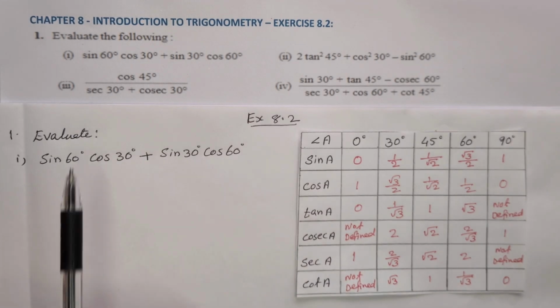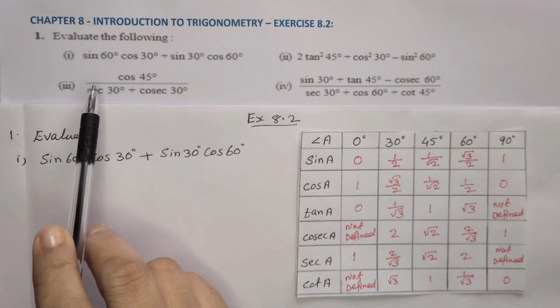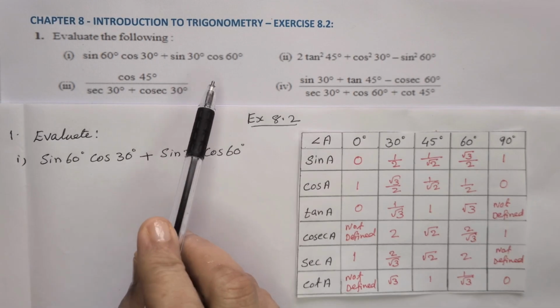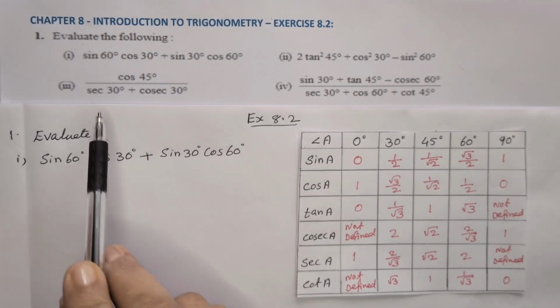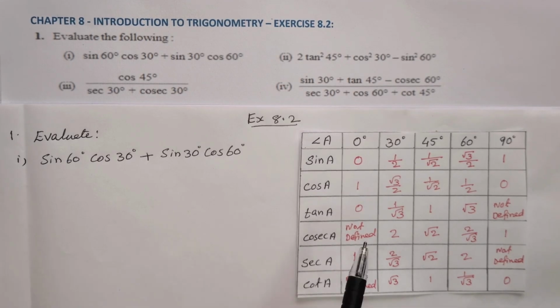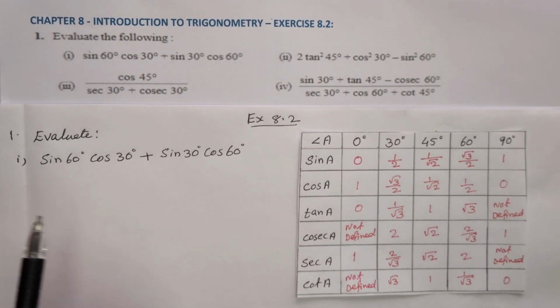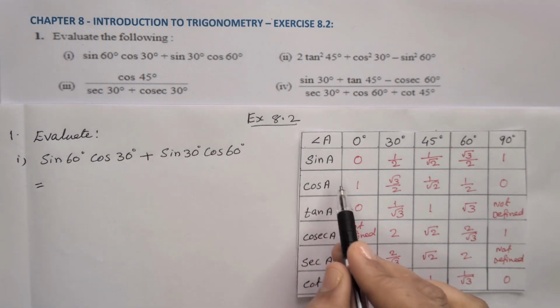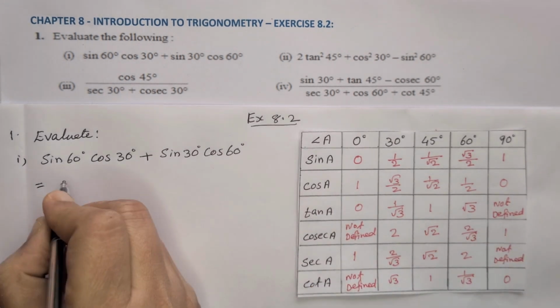Exercise 8.2. Evaluate the following. First question, sin 60 cos 30 plus sin 30 cos 60. We have to know these angle values according to the ratios from the table. Based on the table we can write the values as sin 60, from here root 3 by 2,